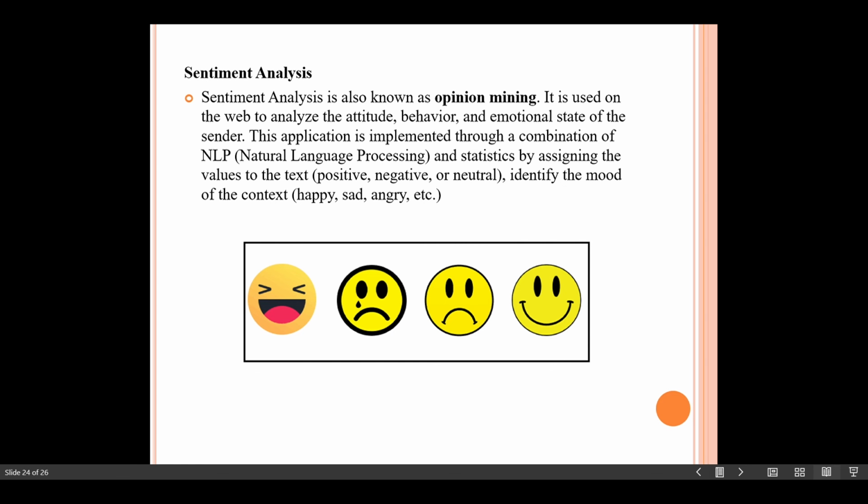We also see different emojis, right, which depict our opinion of a product or experience, whether we are okay or extremely happy about that product. This is all done by NLP. Another application of NLP is machine translation, which is used to translate text or speech from one language to another language. For example, we have Google Translator. If we have some text in English and we are trying to translate it to some other language, let's say Korean, it can be done through Google Translator. As a result, it also converts that text to speech, where we can actually hear the language.